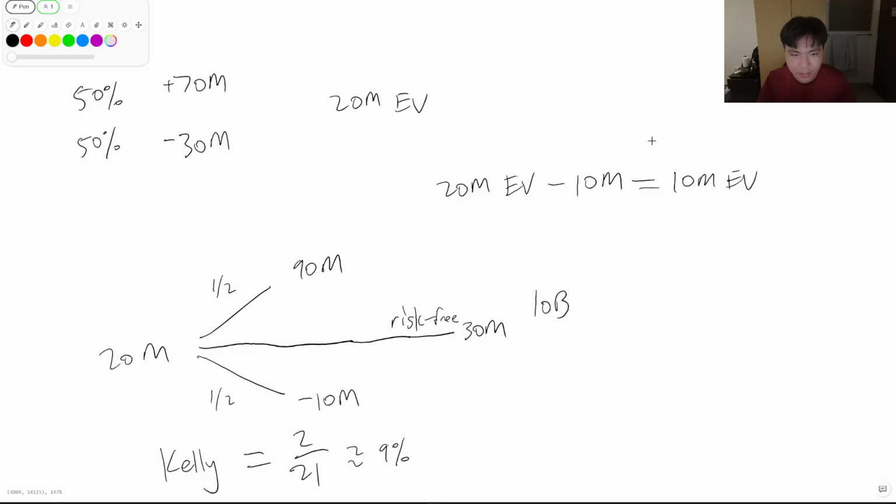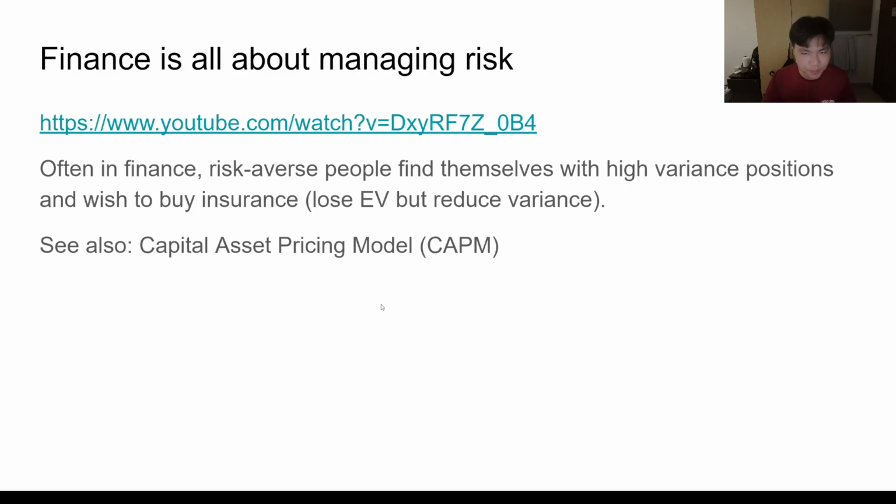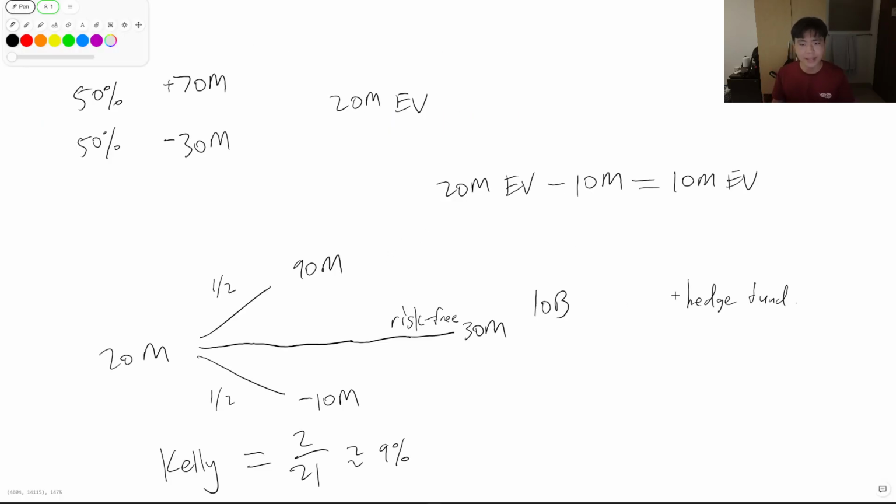Not just the rich. Another possible entity would be something like a hedge fund, right? So the relevant concept over here is the capital asset pricing model, CAPM. And the idea is that they would buy this coin flip from you, and okay, this kind of breaks down over here because the coin flip is uncorrelated with other assets. But imagine the hedge funds, maybe they buy some stocks here and there. They invest in a basket of goods, and maybe they might invest in an ice cream company, an umbrella company, and maybe a car company. And among these goods, there are different correlations,